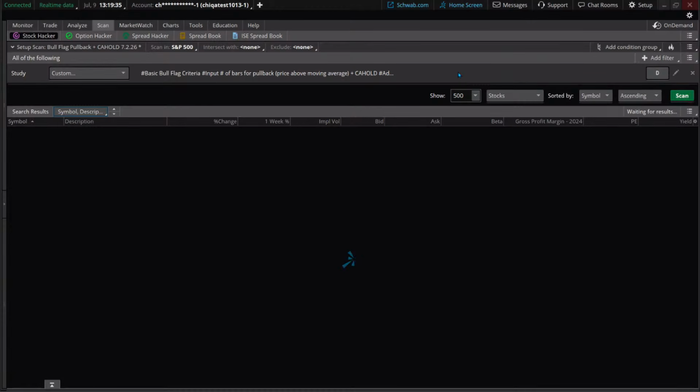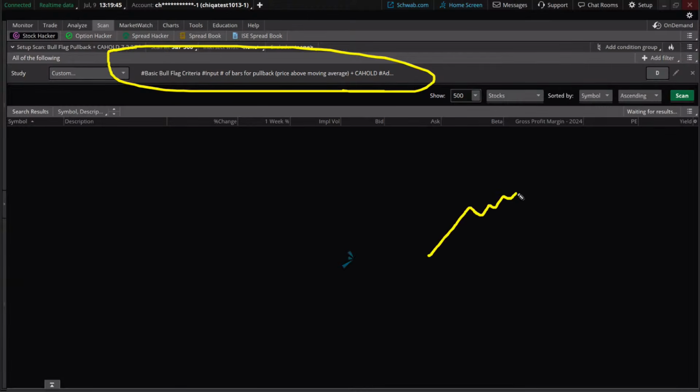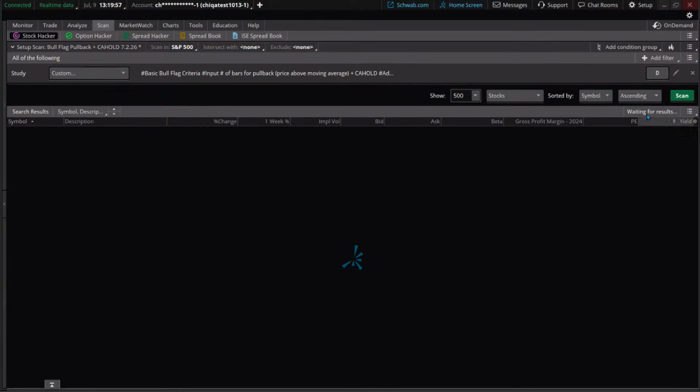The one thing I wanted to note is that I had something similar to this last week, or excuse me, on Tuesday. But I wanted to make sure that the price of the stock is still holding above the hold. On Tuesday, we had a number of them that went down. And that's a key point. Now look at this darn thing. My computer was acting a little bit slow, but this is a little different. I should have kept the 31 days.